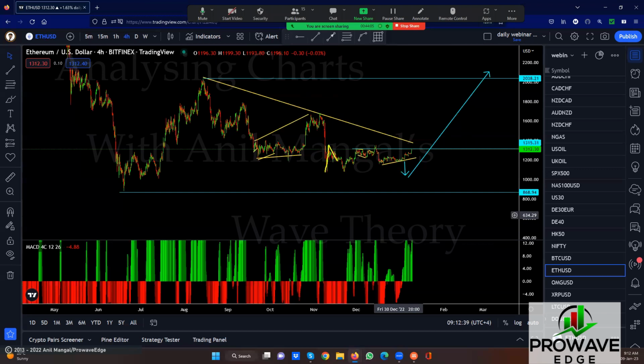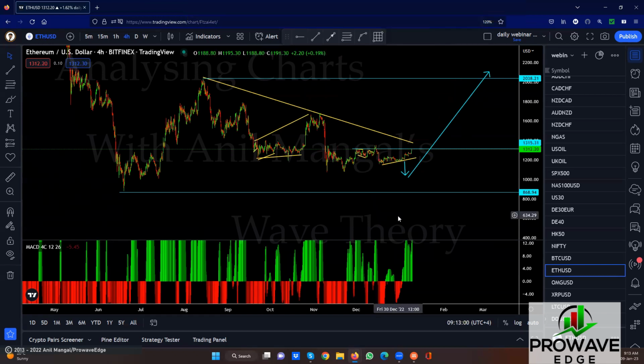Because you had this move, you got this, you get that, you get this. We never broke the low. All of this is within this piece. So at some point, it has to break the low, and then we look for that move. So I can see this going up. I just can't see it going up from this point.